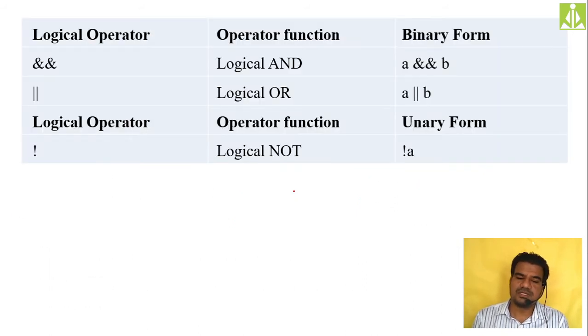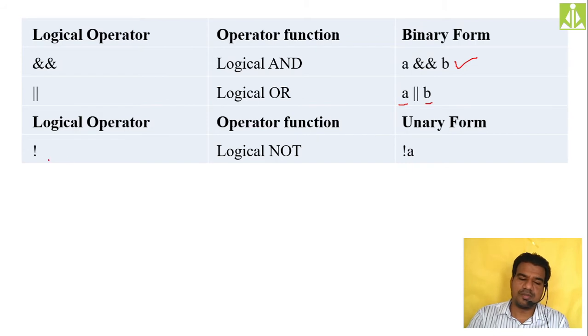Okay, so this is the summary of the logical operators. We have the logical AND operator, A && B. In this way we have to use it in our program. It will give the result according to the behavior of the A and B conditions, or A and B values. Then the logical OR operator is also a binary operator. It requires two operands to perform its operation. So over here A and B, if any one of these two is true, then you will get the result as true. If both are false, you will get false.